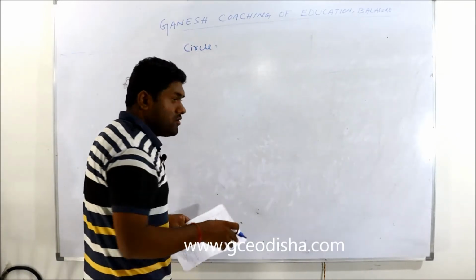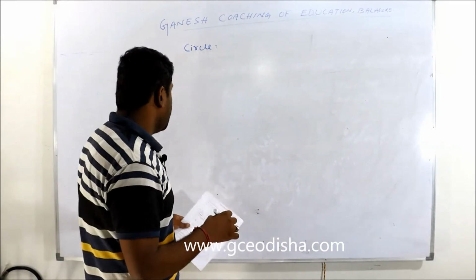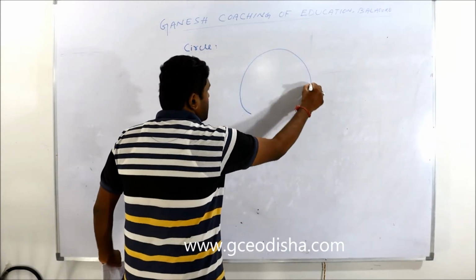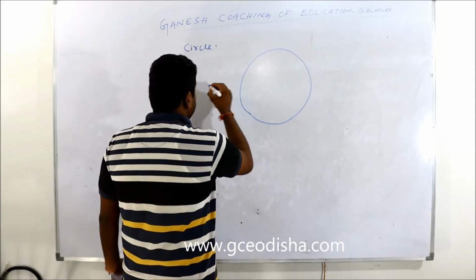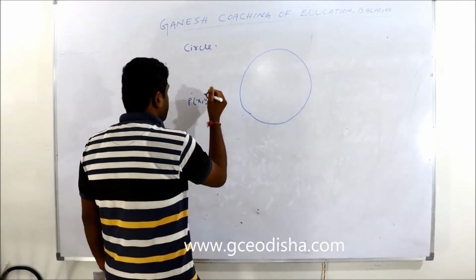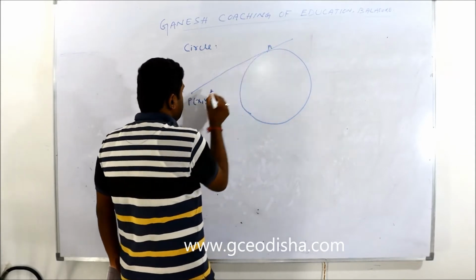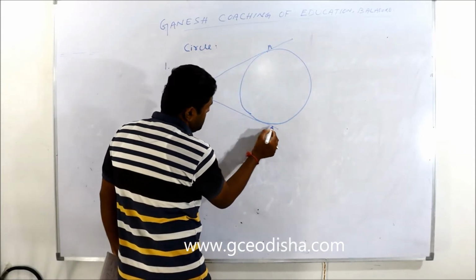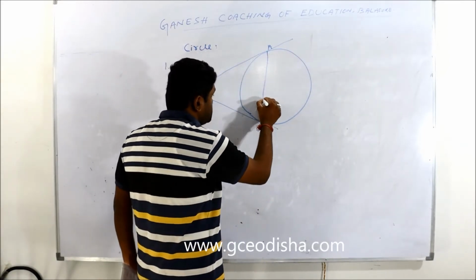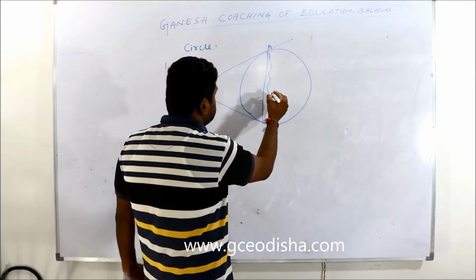Yesterday in class I told you about the equation of the tangents and the equation of the normals to the circle, and today in class I will tell you about the equation of the chord. Okay, like this is a circle. When the point P(x, y) touches a tangent at a point like A, and the same point touches a tangent at point B, right? And when you join the two points, what is this? This is a chord.